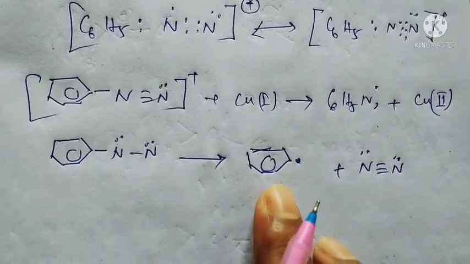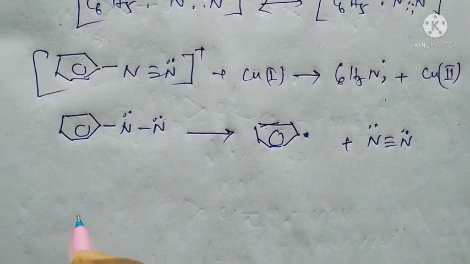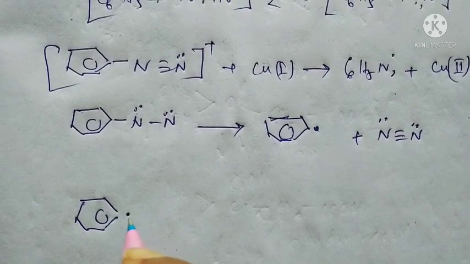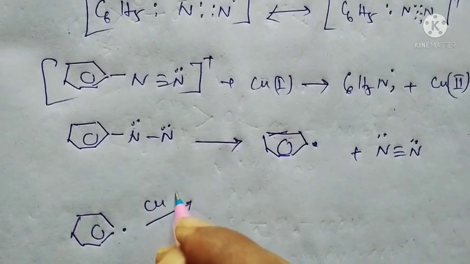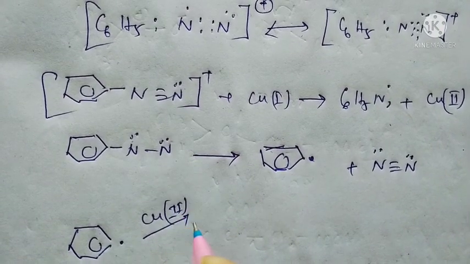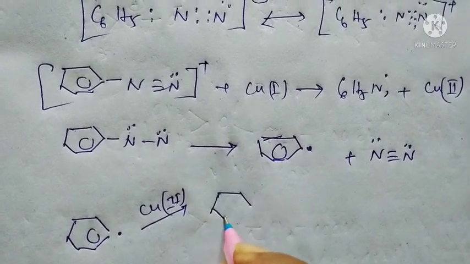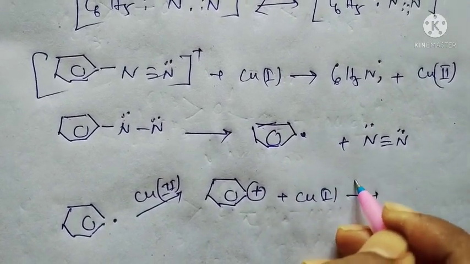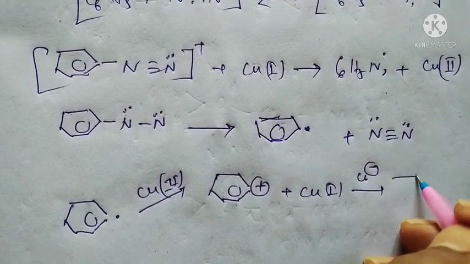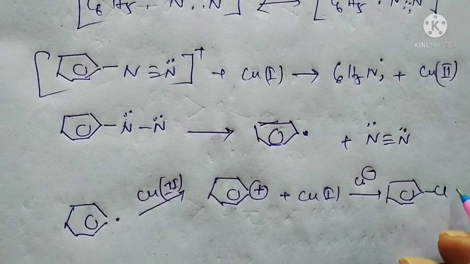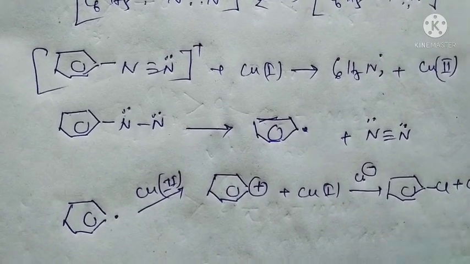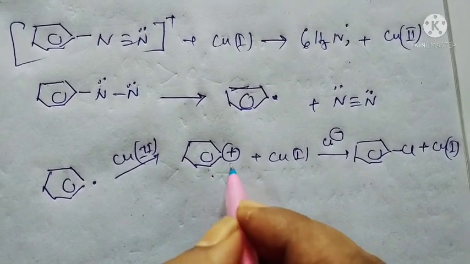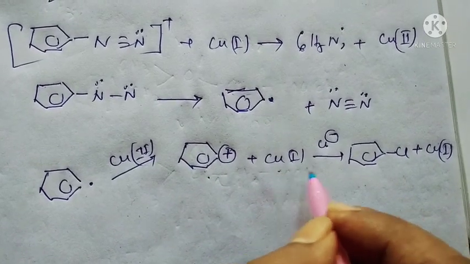Now this benzene radical, in the next step, whenever it reacts with cupric ion, it forms phenyl plus Cu+. When it reacts with chloride, it forms this one. Okay, you can see this is our phenyl plus, and it reacts with chloride to form this